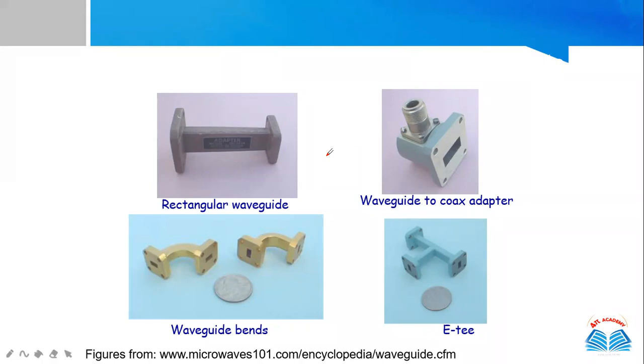So this is the rectangular waveguide. You can see the image, it looks like this, and this is hollow. There is nothing between here and here. This is a hollow waveguide, and electromagnetic waves are generated in this region. So this is related to electromagnetic waves.